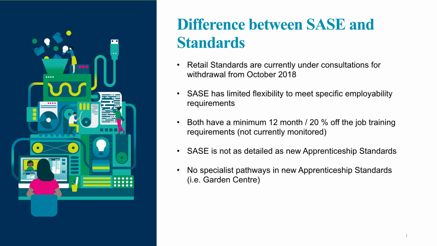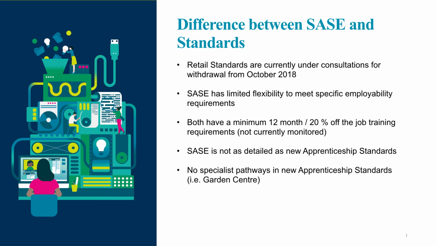So, as I said earlier, the main difference is there are no mandatory qualifications except maths and English. Whether that changes in the future, we're not sure, but at the moment, qualifications are not deemed necessary within a retail apprenticeship. SACE isn't as thorough. There are more optional units in SACE and less mandatory compared to an apprenticeship standard. At the moment, a SACE apprenticeship is funded by the qualifications that you deliver, and that's how the funding is set.